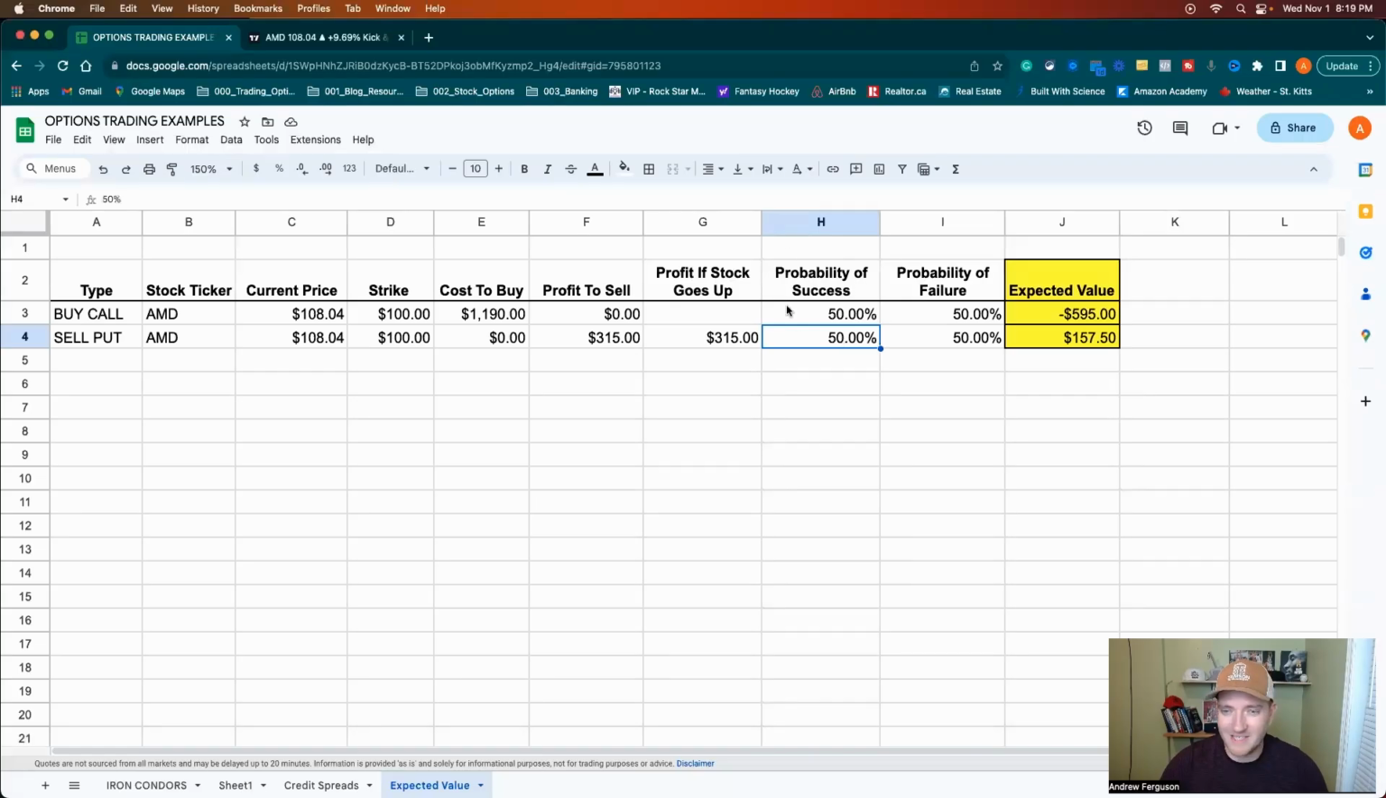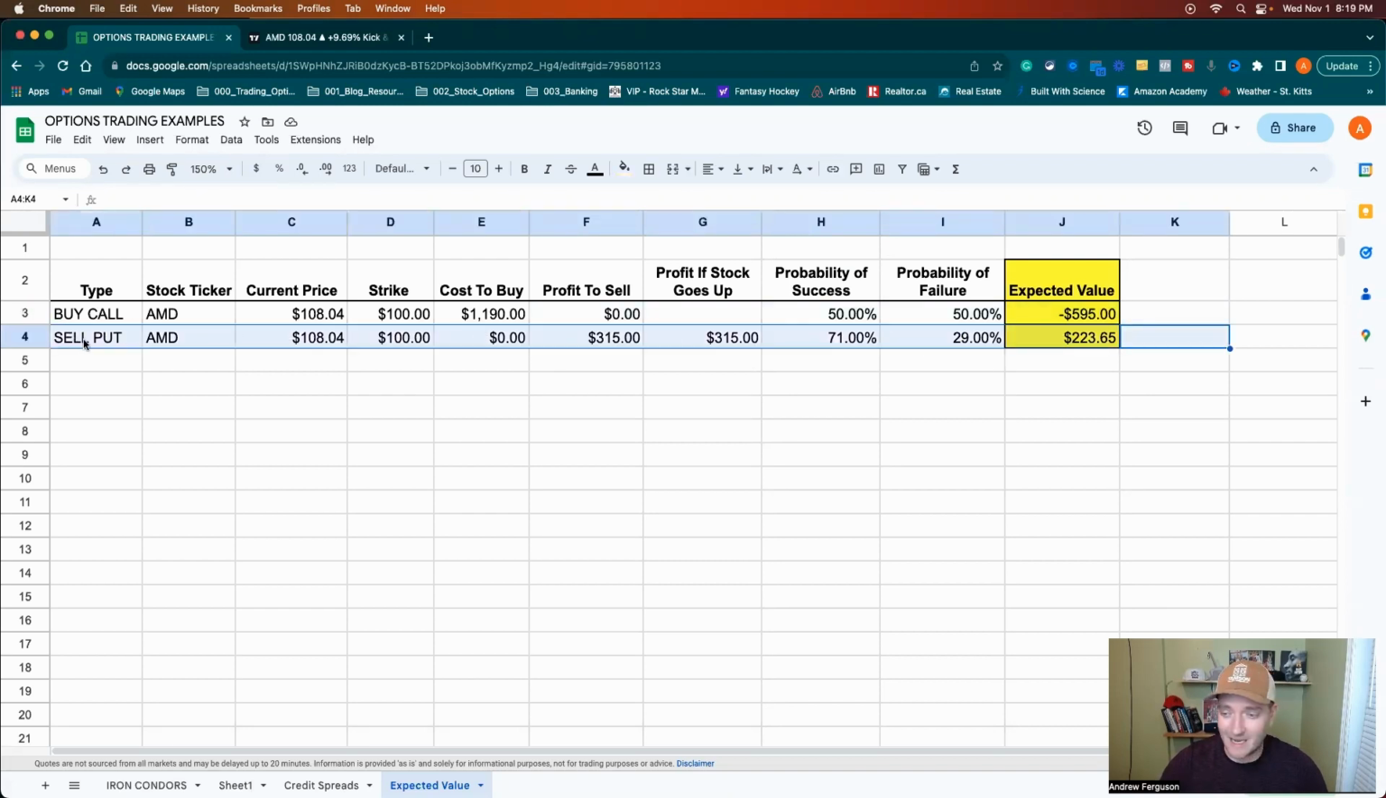So our probability of success that we just saw in Interactive Brokers, 71%, which means, drum roll, 29% chance of this not working out or failing, which is just calculating by taking this number and subtracting 1, as you can see there. So our expected value now is complete for this area right here for the selling of the put. We have an expected value on this trade of $223.65,